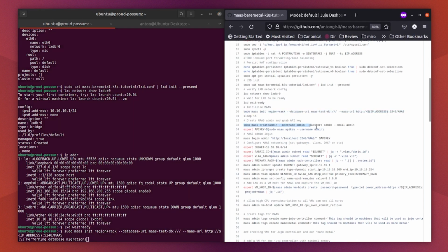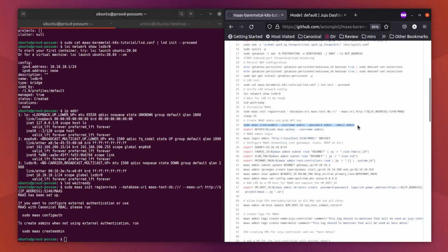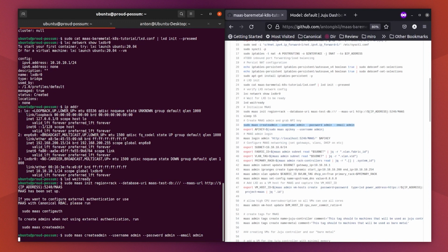So in order to interact with MAAS, we need to have a credential. And we get the credential by running a command with sudo. So it's a security thing. First, we create a user called admin, and then after that, we're going to get the credential for that user. So we run it like this, create admin, and now we can export the API key. Before we do that, we can...